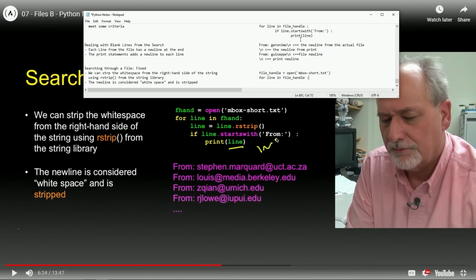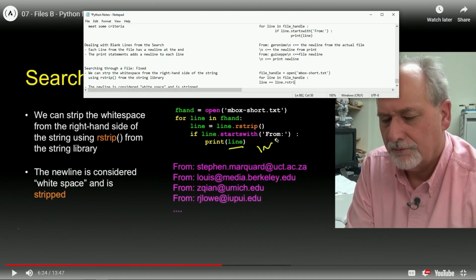All right. So we got the for loop, and then we're going to have line equals line dot strip. Okay. So line equals line dot rstrip.